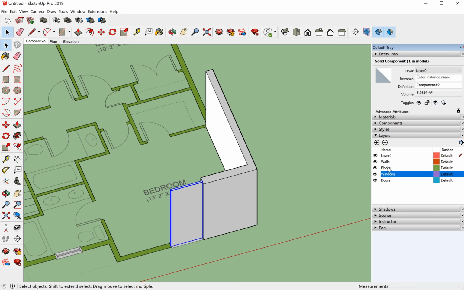So even if you press on a layer this way, it still won't identify it as you drawing it in that layer. So you have to make sure you're selecting the layers on this right tab over here with the pencil highlighting the layer. So in order to move this window to the Windows layer, all we would have to do is right click, go to Entity Info, or go to Entity Info underneath the default tray, make sure the window is selected, and then move it to our Windows layer. Okay,